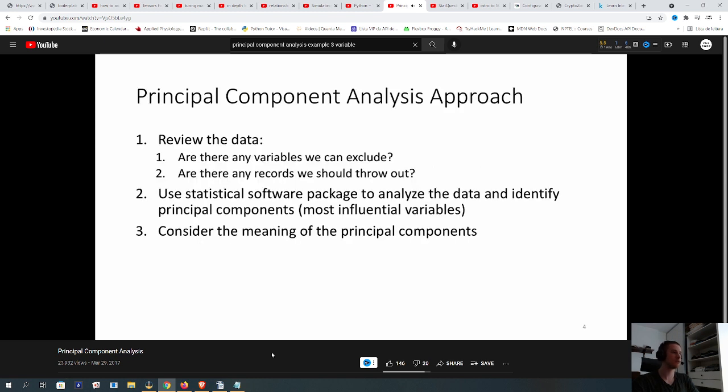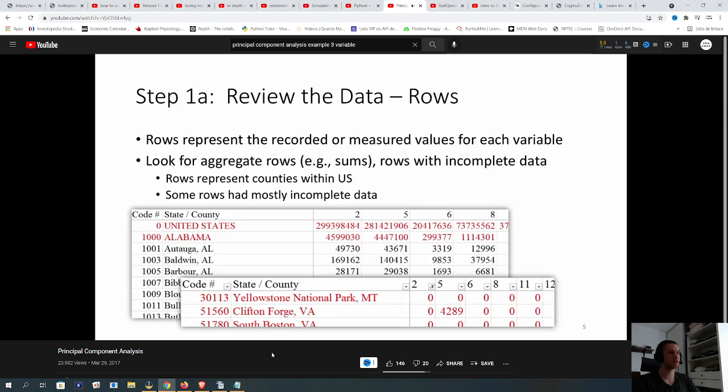So at a high level, what is principal component analysis in terms of a process? The first thing you want to do is review the data, looking for any variables or records that we could exclude. The next step is to use a statistical software package to analyze the data and identify principal components. And the third step is to understand the meaning of those principal components and the variables that emerged as significant. Step one, we might want to look at where we can reduce the data on our own